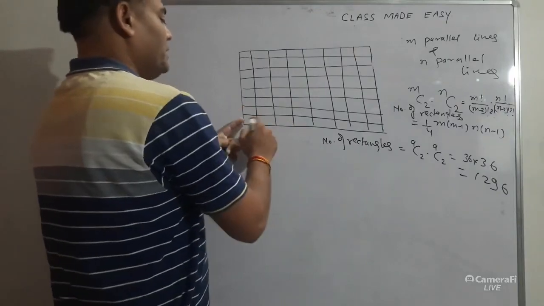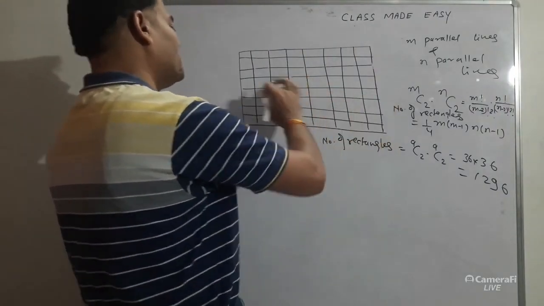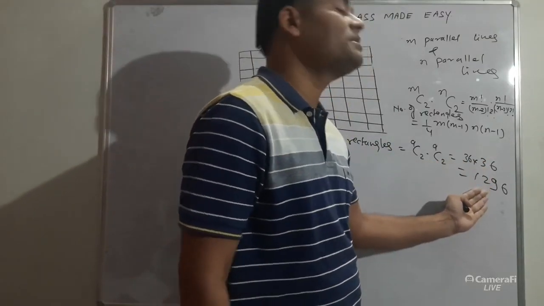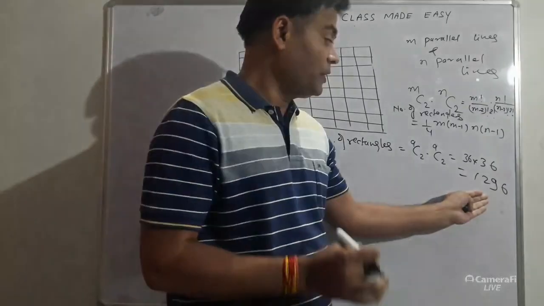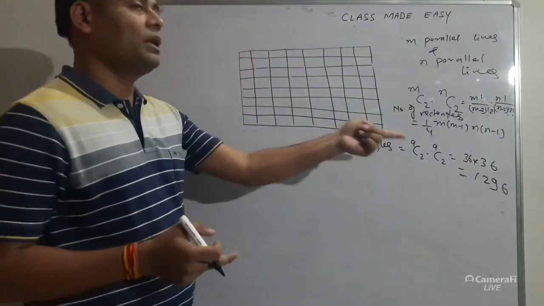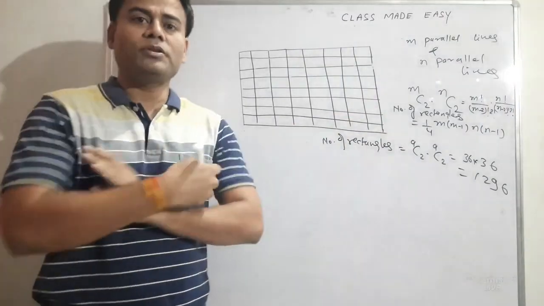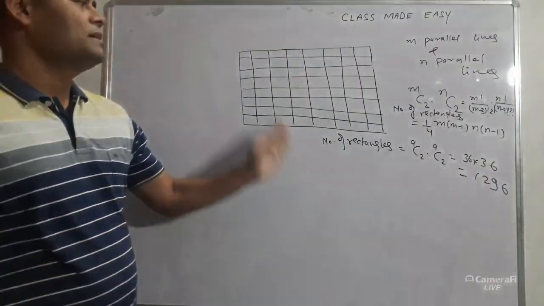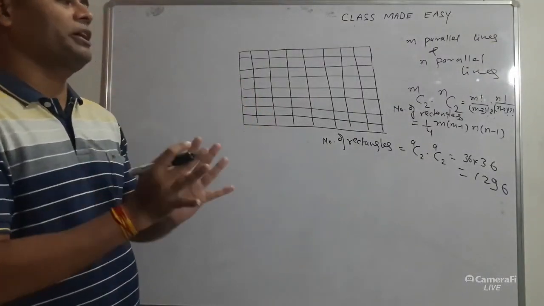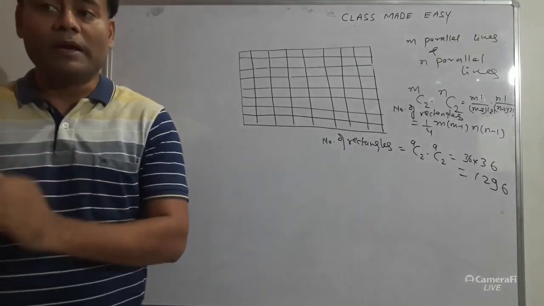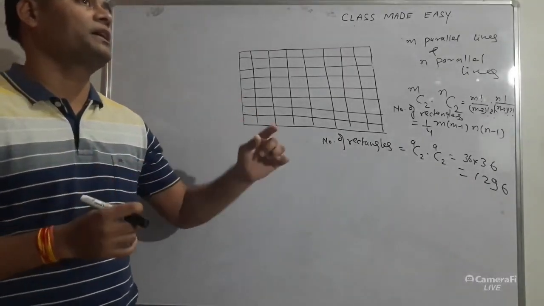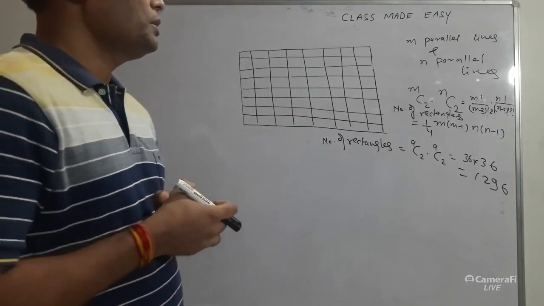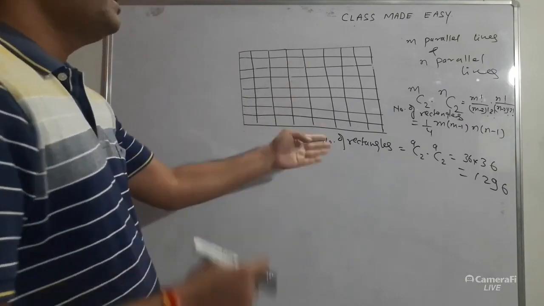You can see there, in that first line we have 8 squares, another 8, another 8. So if we count all rectangles having dimensions different, meaning length and width different, and length and width same, in total we have 1296 rectangles. Okay, students? Sometimes in exams it is asked how many rectangles a chessboard has. That means simple rectangles plus rectangles which are squares. So these are 1296. Now see, these are the rectangles.